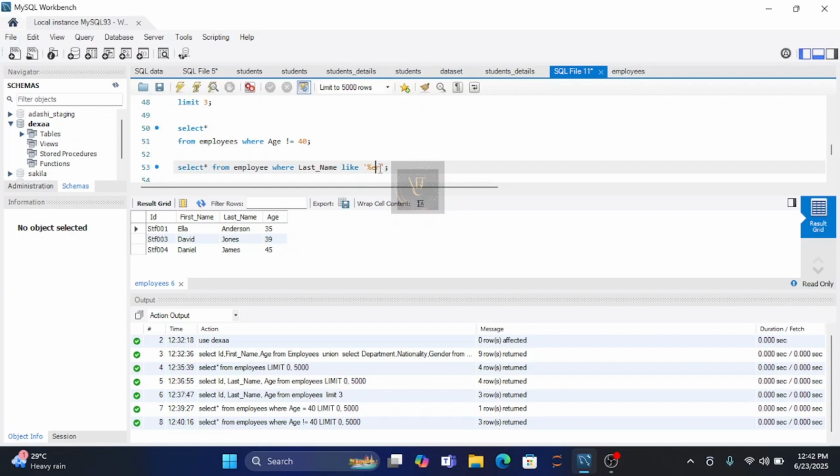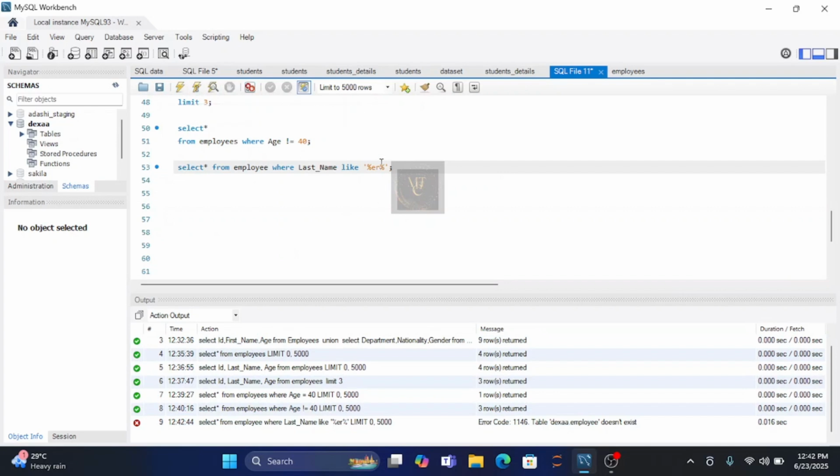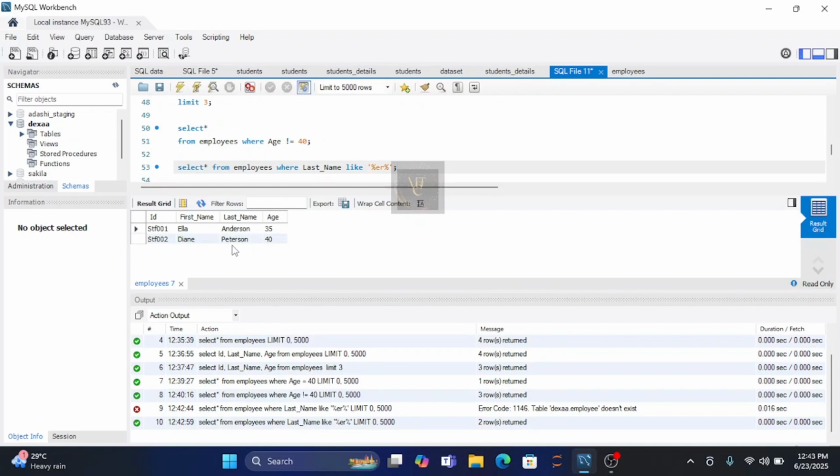Then you close this and then you run it. Select from employees, then run this. We only have Anderson and Peterson. So this is how to use these things in our data set. Probably you want to find people whose names have any other thing at all. This is how to use your like statement